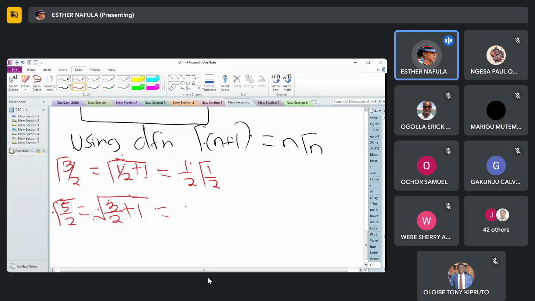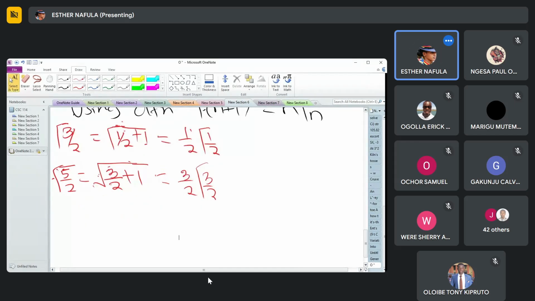Using the definition, gamma of n plus 1 is equal to n times gamma of n, so gamma of 3 over 2 plus 1 is 3 over 2 times gamma of 3 over 2. But in our first step, we just calculated gamma of 3 over 2, and this is a half times gamma of a half. But again, we have the result that gamma of a half is equal to square root of pi. So this is a half into